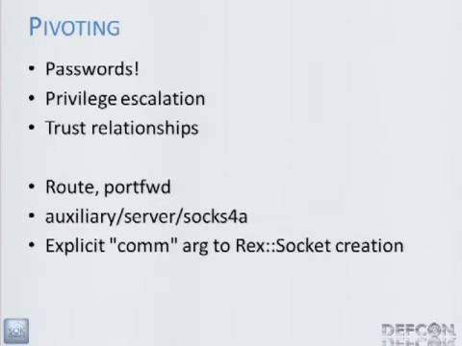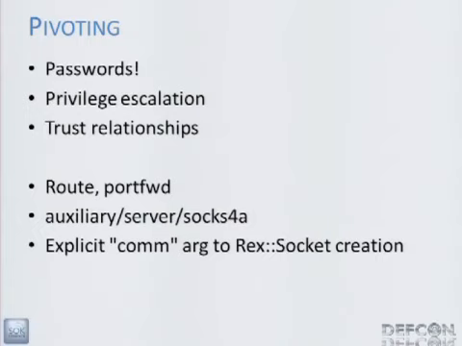Port forward is one of my favorite tools when looking at like a corporate intranet. You own a box on the inside through phishing or whatever, and you find out that, hey, this box is on an intranet that has potentially interesting stuff on it. So we set up a port forward that goes from your local attacker box, goes through the compromised machine and comes out on the other side. And then you can just fire up a browser and talk directly to that thing using Firefox or whatever. So you get to use all your normal tools for web auditing. You can use Burp or whatever, and all of that stuff just goes right through the compromised machine.